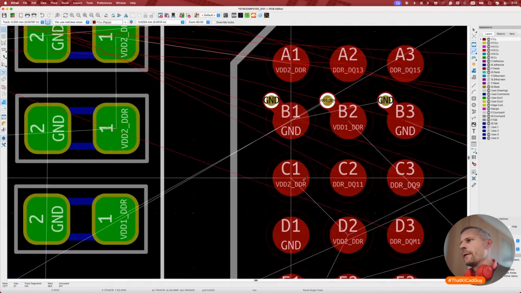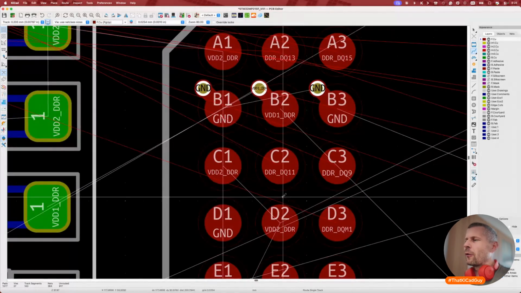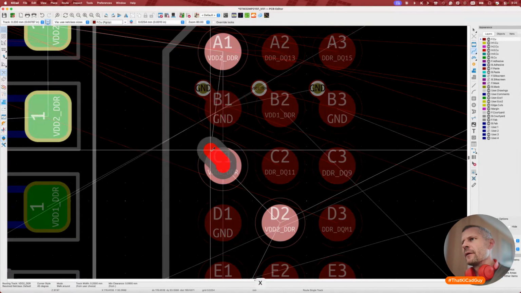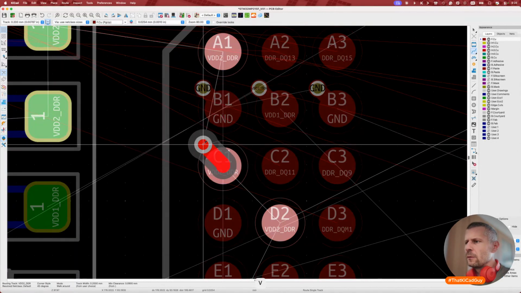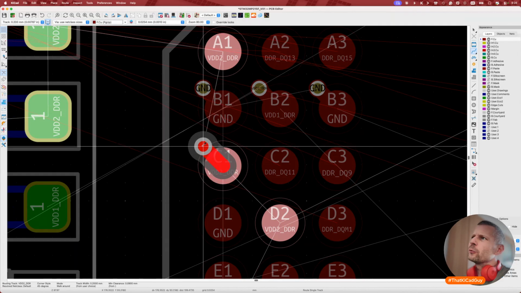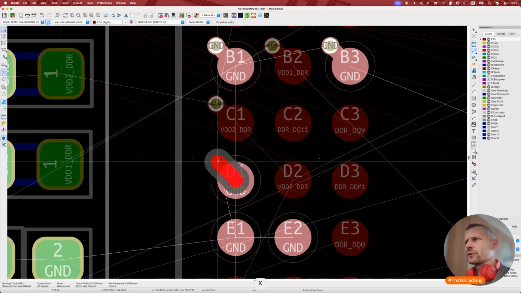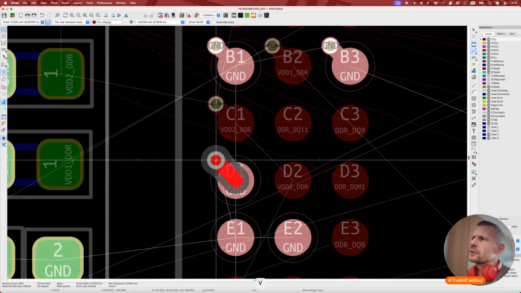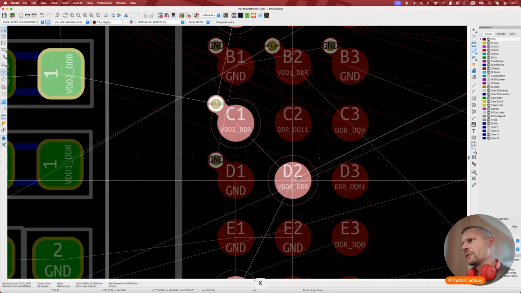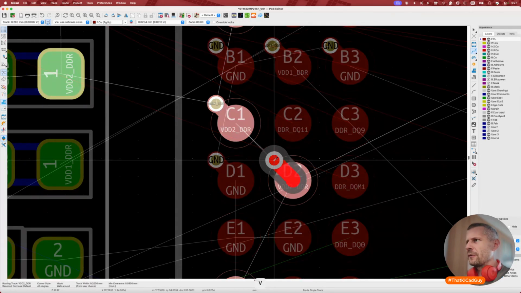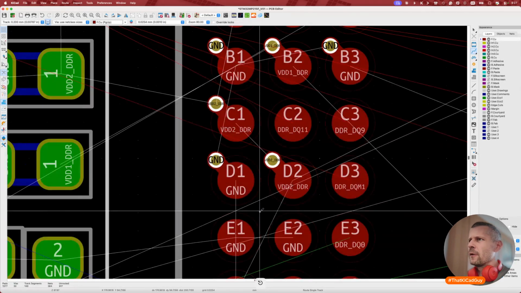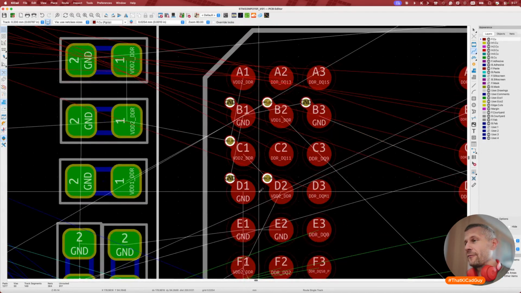Yeah, I will go row after row, and then I will continue with another section. So if you want to comment it, or yeah, I forgot to